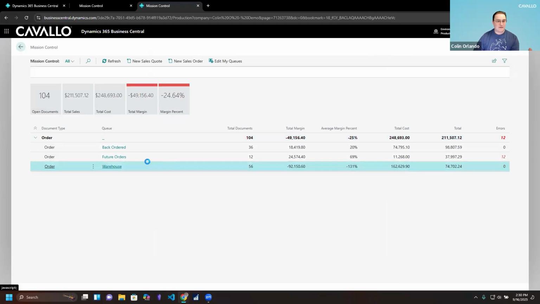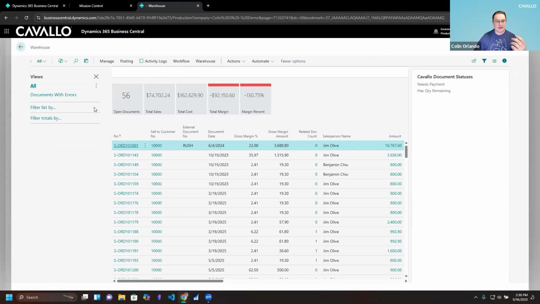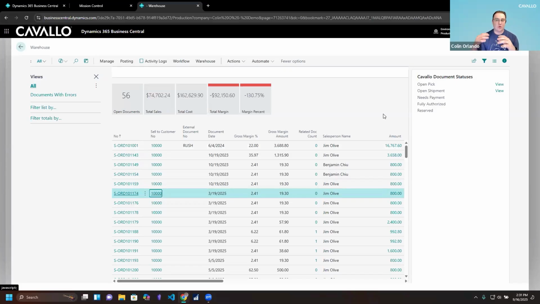Now you can take this one step further, drill into the warehouse queue here and see just the base level queue aggregated KPIs along the top. But also, again, like I wanted to reiterate earlier, is the document statuses, they're following us around the application. And so as I continue to scroll down this list, you're seeing all of our document statuses update in real time. You can link directly to those documents from here, and it's pretty much a one-stop shop to get you from point A to point B and understand all of the child documents that tie back to the parent.